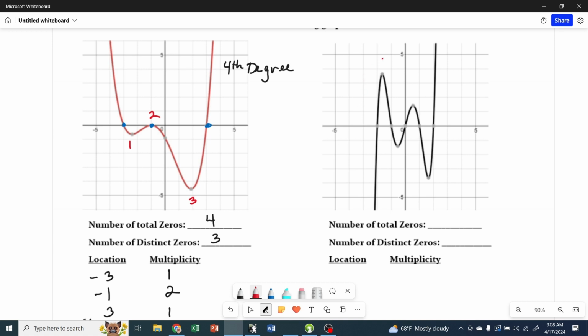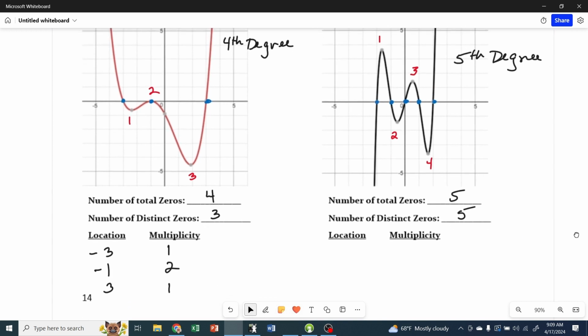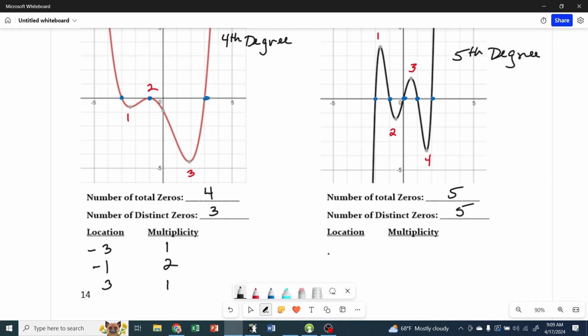This next one, we have a peak here, a valley, a peak here, and another valley. So there's 4 peaks and valleys, which means that's a 5th degree polynomial. So that means I've got 5 total zeros. And in fact, I do have 1, 2, 3, 4, and 5 distinct zeros. So since all of my zeros are distinct,